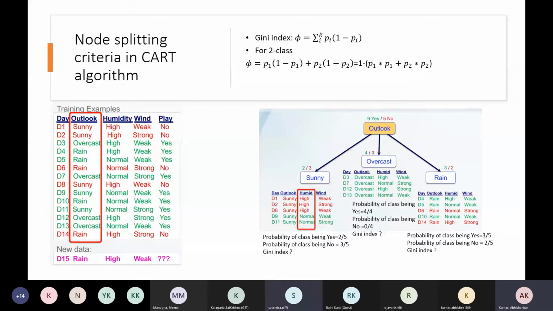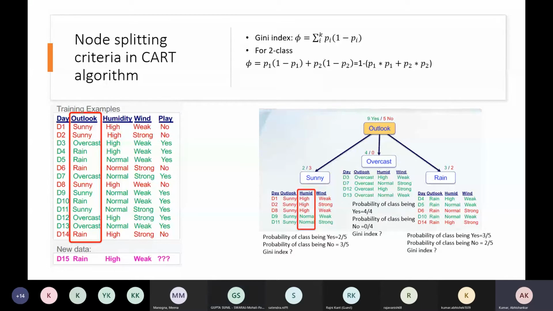What does it mean? Let's say not occur. I am asking about Gini index, not about the probability. Sir, when there is no class. When there is no class, we have class, na? What does it mean there is no class actually? Either it belongs to class A, otherwise it will belong to class B actually. So maximum probability 1 cannot be achieved.